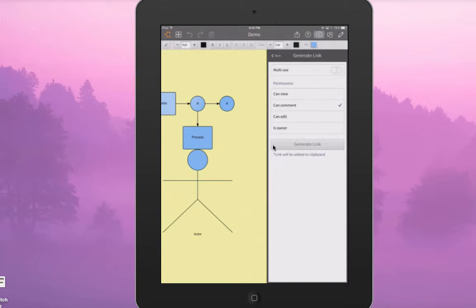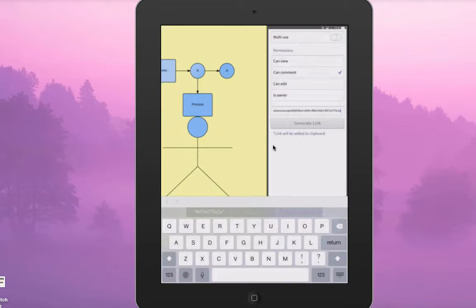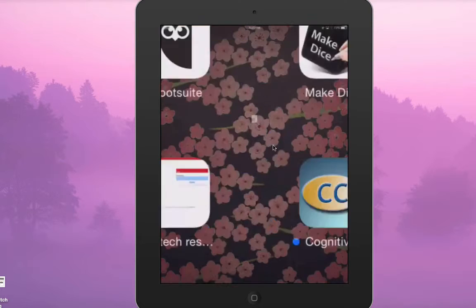The reason I would use this generate link option instead of just the share by email, if I have, for example, a large group of people that I need to share a Lucidchart with, and I don't want to have to type in all of their emails, but I have an email group for them already made in my email application, I can click on generate link, and then I can copy this link by touching and holding and then clicking select all and copy, and then I can go into my email application